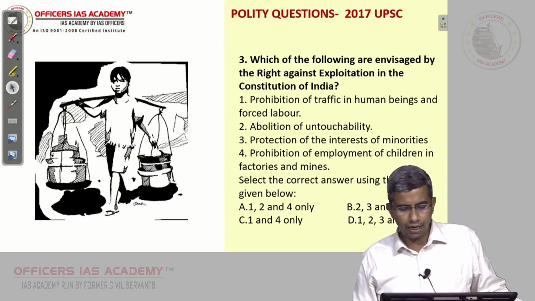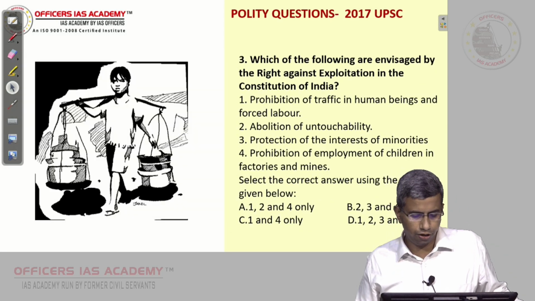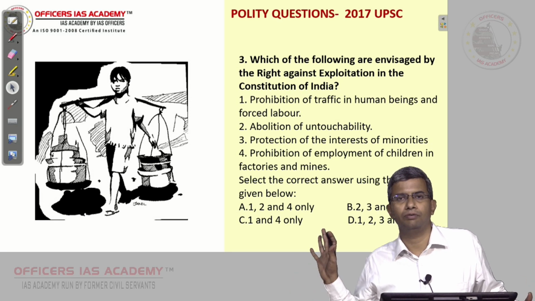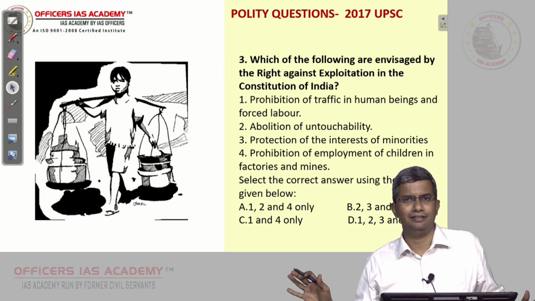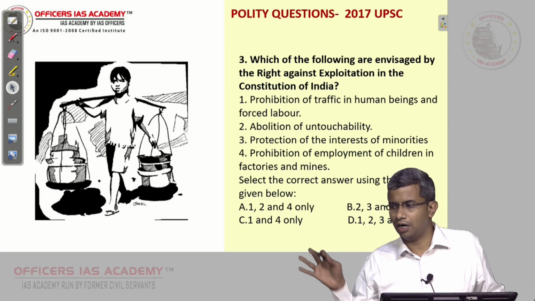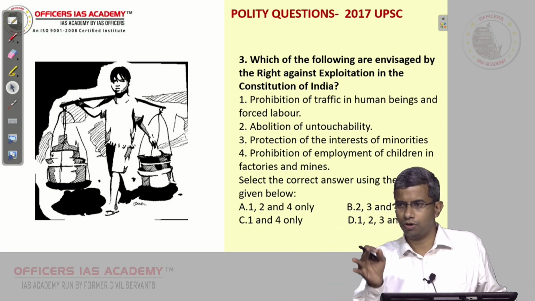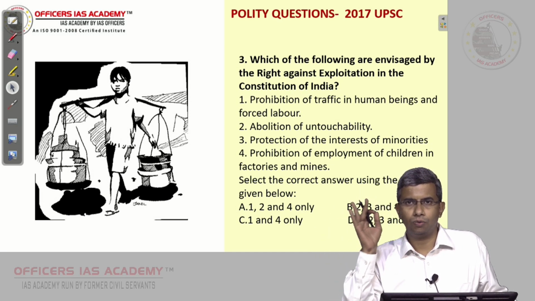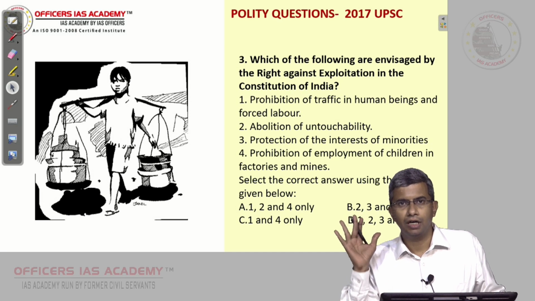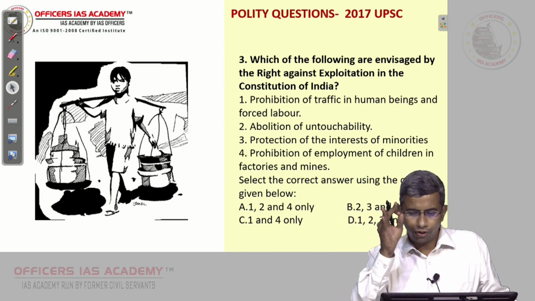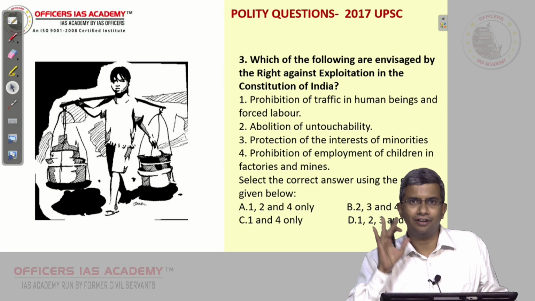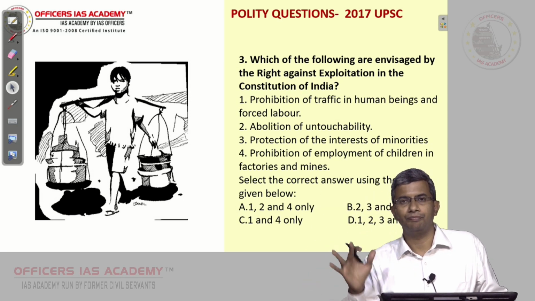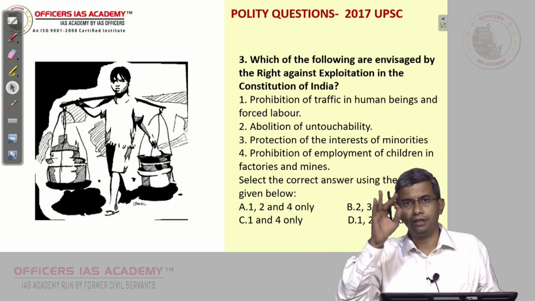Which of the following are envisaged by the right against exploitation in the Constitution of India? Very, very straightforward question. Article 14 to Article 30 you should know. Article 14 to 18 is right to equality. Article 19 to 22 is right to freedom. Article 23 and 24 is right against exploitation. Article 25 to 28 is right to freedom of religion. Article 29 and 30 is